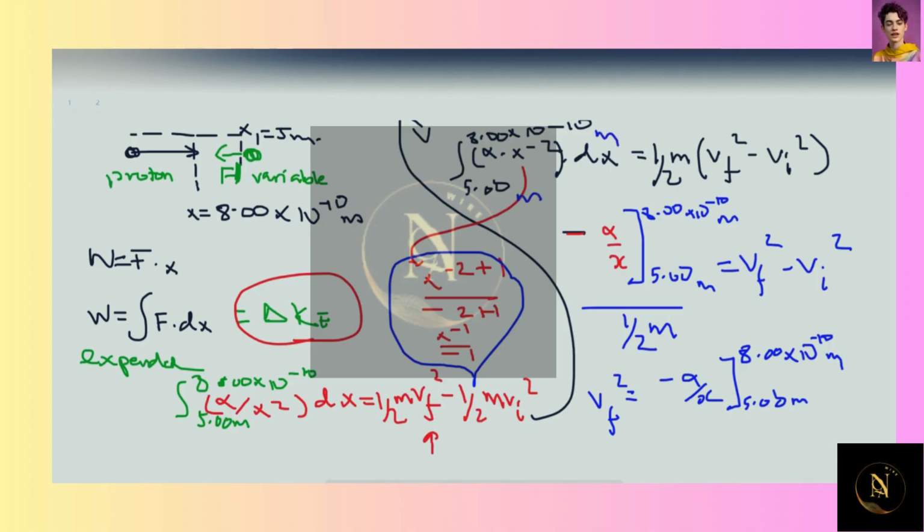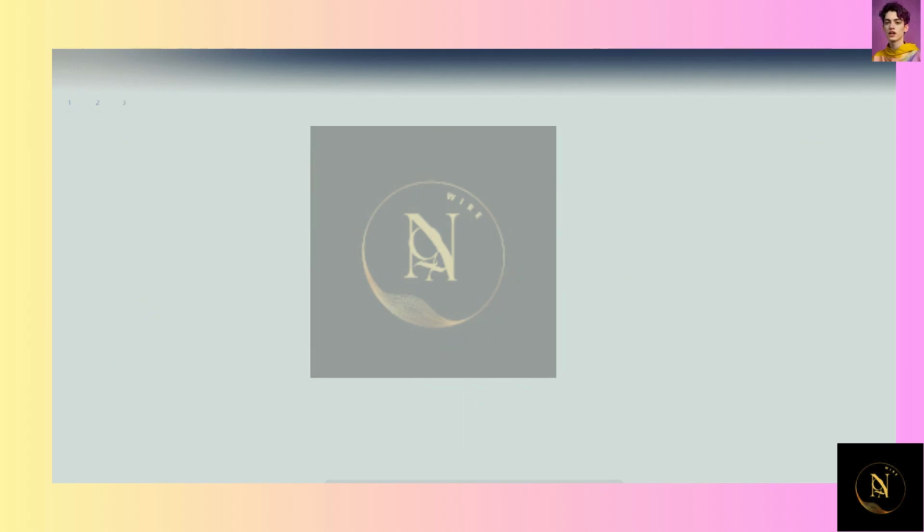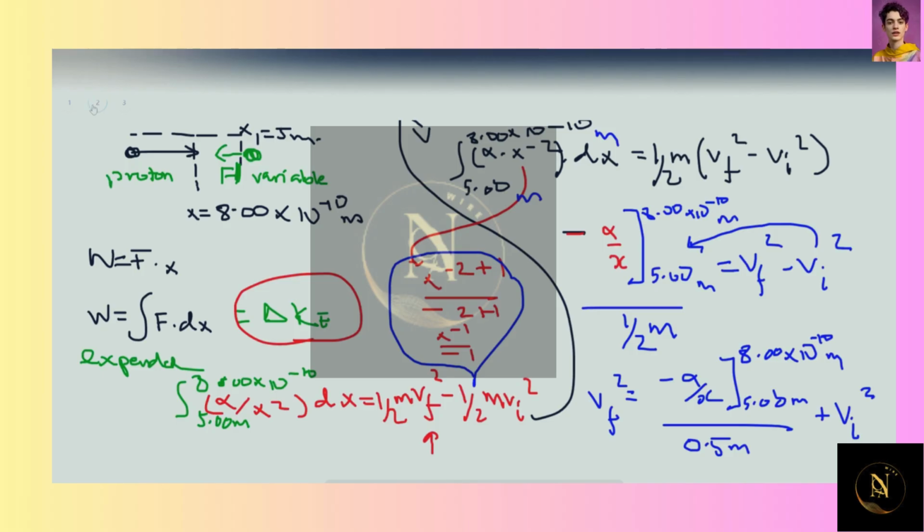And then over 0.5 m, this v initial squared comes to this side, so we have a plus v initial squared. Just going to move to the next page, go back and see what those values are. So we get v final squared equals to, if I look at the other page,